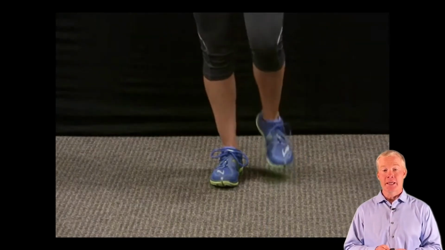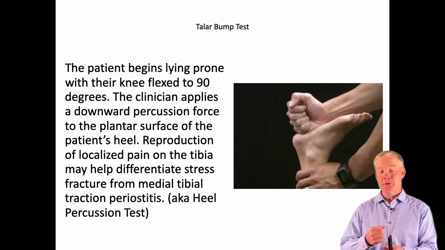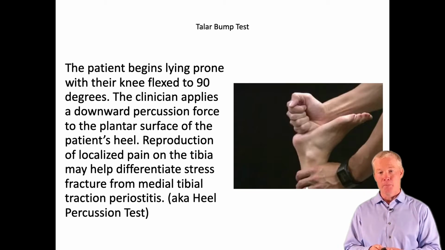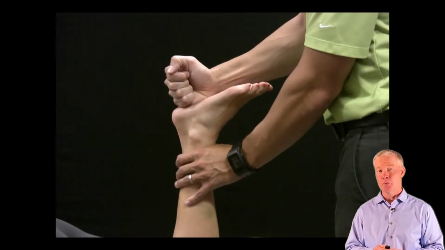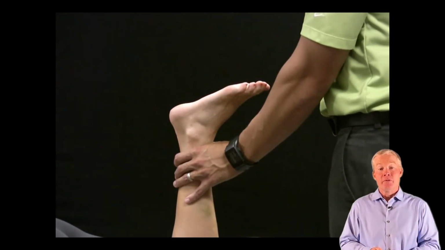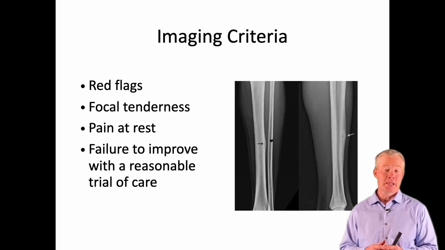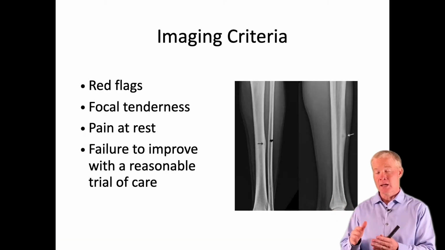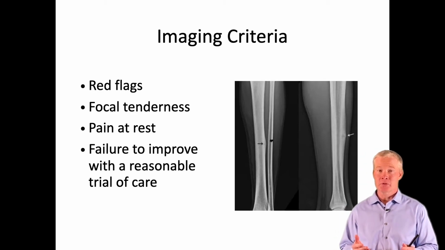And then we'll do the talar bump test, either with the leg supine or in this case, bringing that knee up to 90 degrees and giving an abrupt bump to the talus. And if we give that bump to the bottom of the calcaneus and talus and the patient reports pain in that focal area, that's a concern. We're also going to use imaging in appropriate cases. So when that pain starts to shrink, then we're going to take a picture. Now, a patient with simple medial tibial stress syndrome probably doesn't need a picture taken.